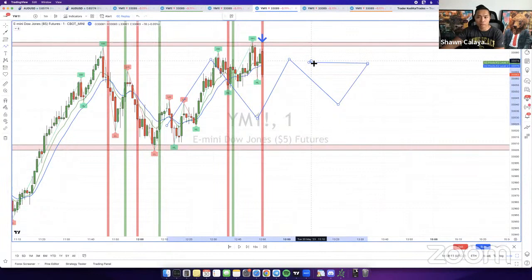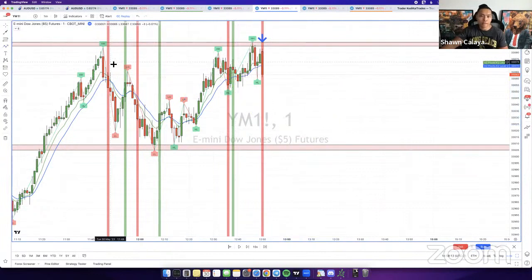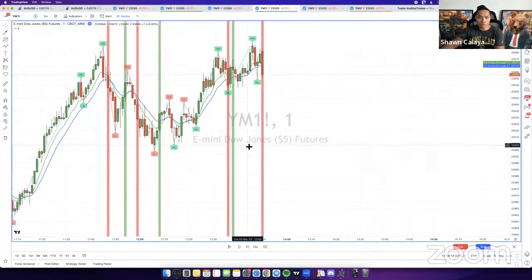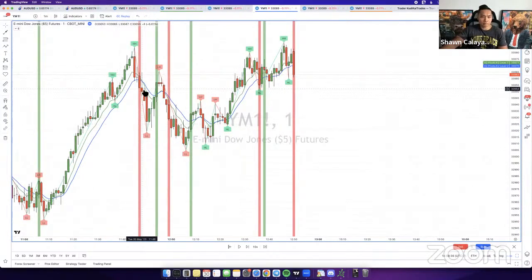So what I would recommend to prevent getting caught in the repaint, because for example, here you wouldn't even take this trade, there's no trade there. I would just focus on the momentum signal because the momentum signal is going to be the catalyst. So right here, there's a momentum signal and there's a high low right here. At this point, there's no more repainting, right? The candle is already closed. This can't repaint anymore at this point because there's no entry. It can repaint before.